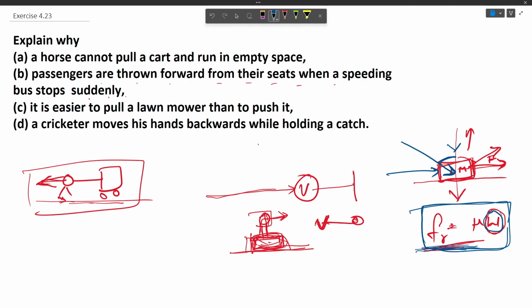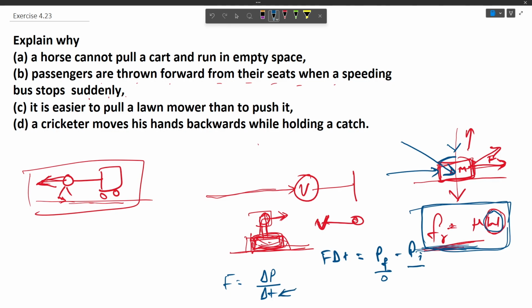Now in the fourth question we have: a cricketer moves his hand backward while holding a catch. Explain why. Now we know that impulse is given by the change in momentum, final momentum minus initial momentum. Here the final momentum is going to be 0 and the initial momentum will have some value, and thus force is given by the change in momentum divided by delta t. Now when the cricketer pulls his hand backward, it is increasing the time for stopping the